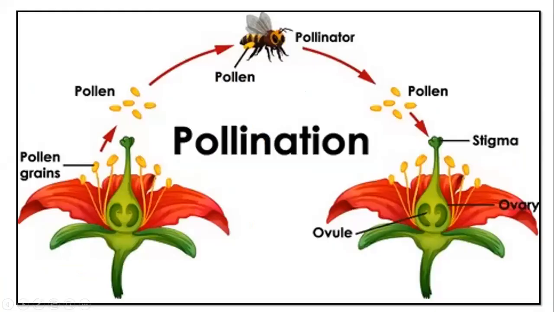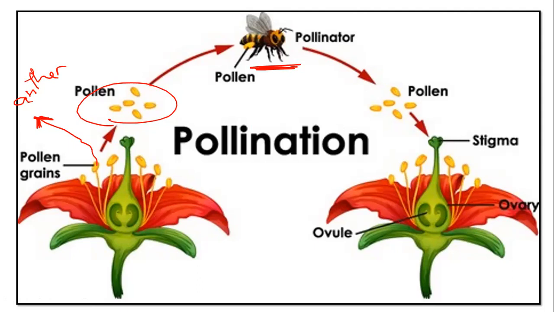This one is the pollen grain. What do you call this one? Who can answer me? What do you call this part of the flower? Anther. Very good. That anther has pollen, which is this one. The pollen grains are carried by what we call a pollinator, like the bees, the wind, the animals, the butterfly, the fly, anything that